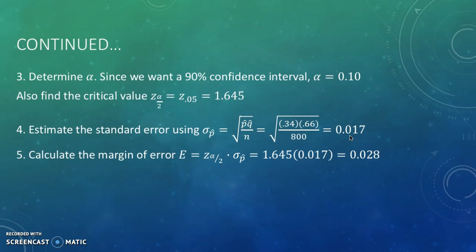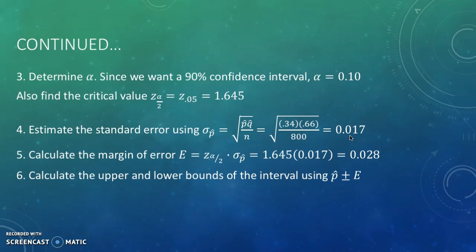Similarly to the last chapter, because we're working with proportions and proportions are always between 0 and 1, we keep 3 decimal places because it's more accurate. Then you want to calculate the upper bound and the lower bound of your confidence interval